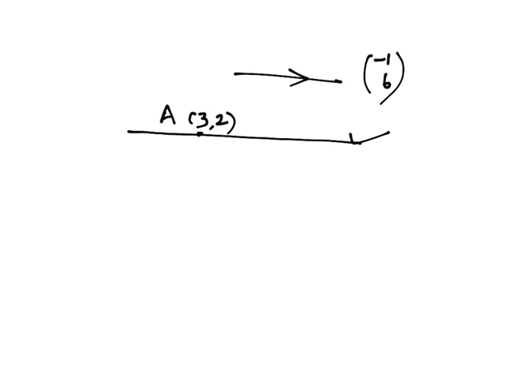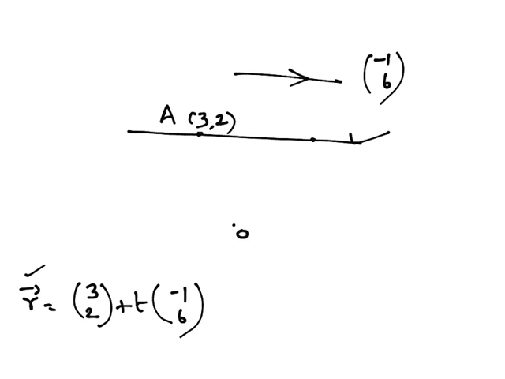So nothing but r vector. Let me write it down. So r vector equal to a vector (3, 2) plus t times b vector, which is (-1, 6). Right. So you may wonder, what is this r vector? Very simple. Take the origin